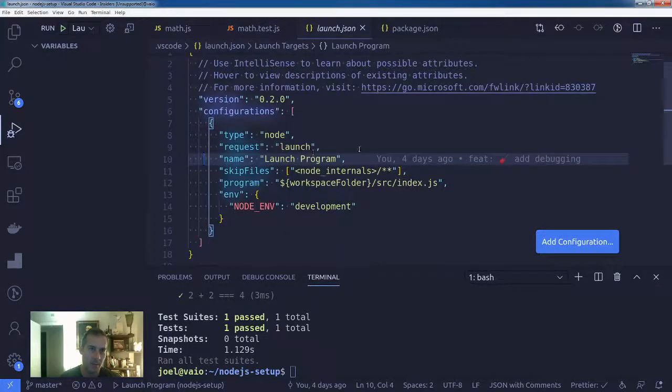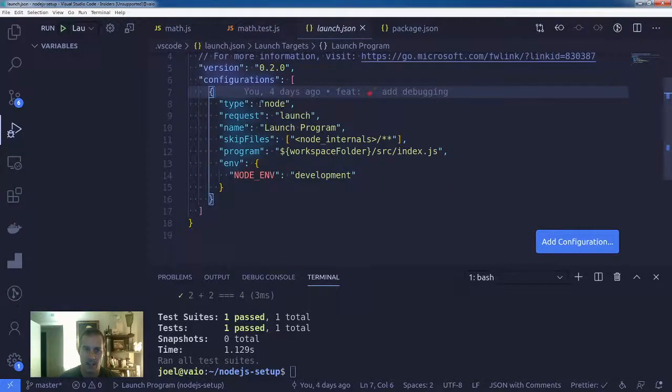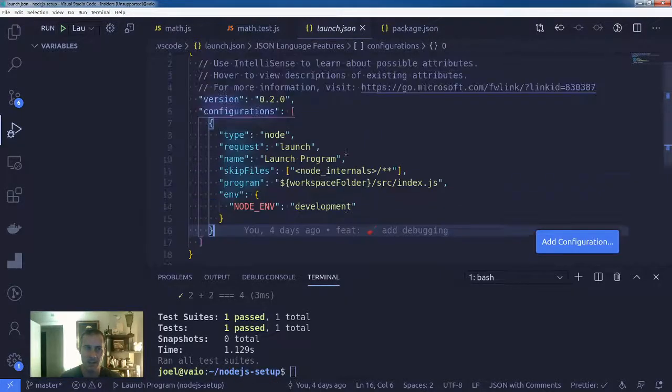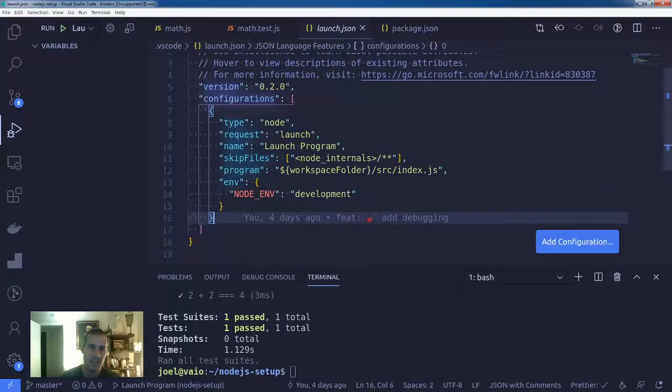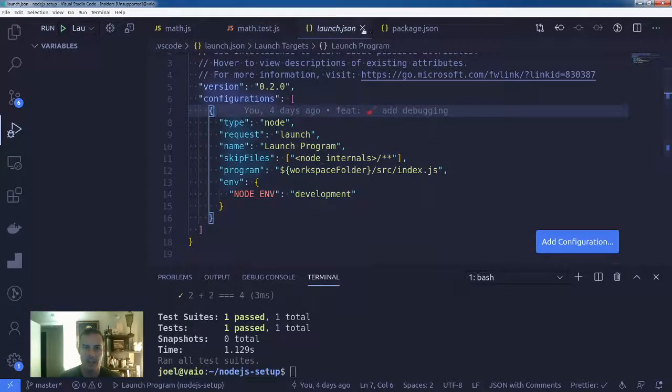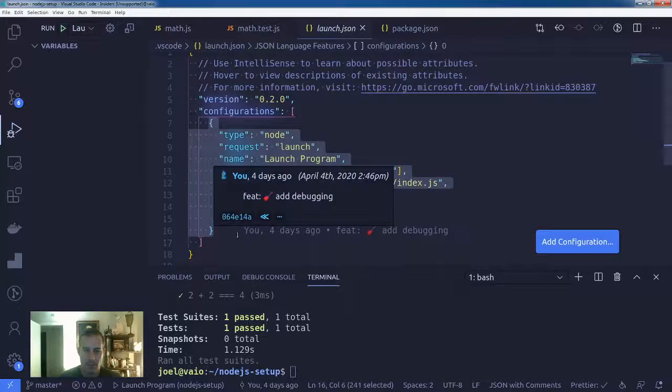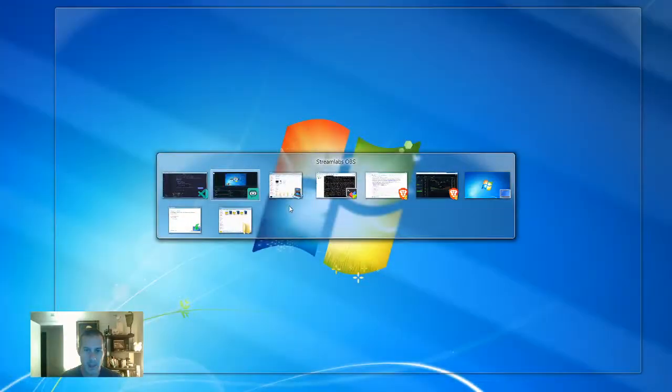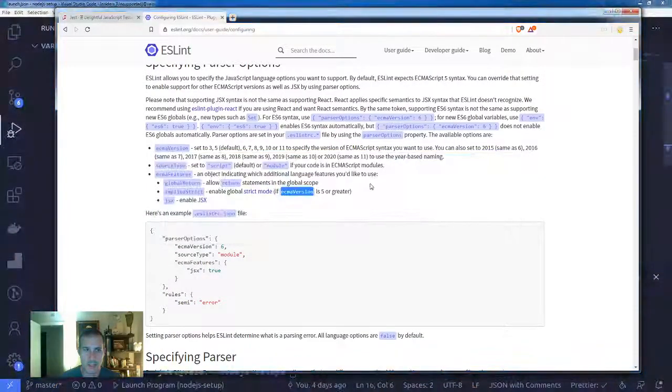So if we open up my config file, you can see I can launch the current program, but I don't have anything in here specific set up for testing. You're going to need to have 2 different configurations. One for debugging your program, and then another configuration for debugging unit tests. The configuration for this is a little bit complicated, and just to make sure that you're getting the latest